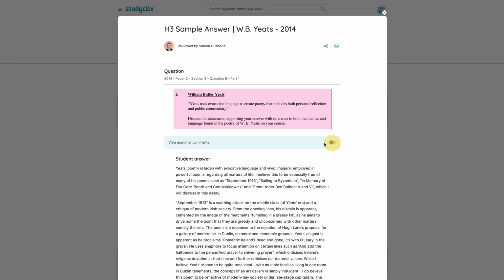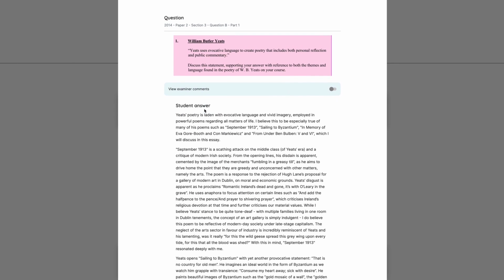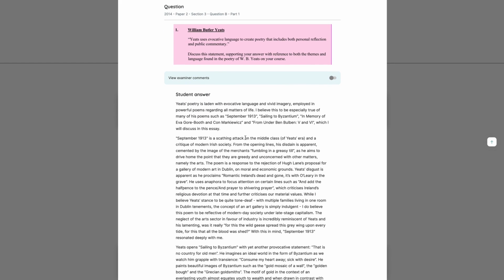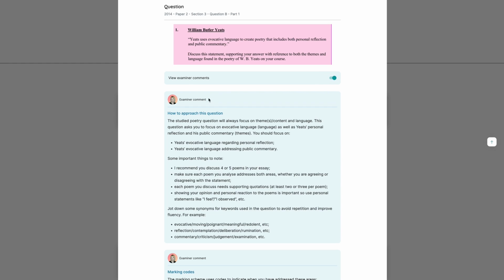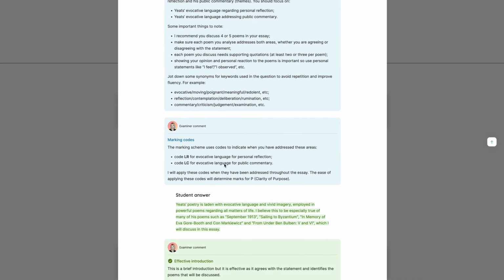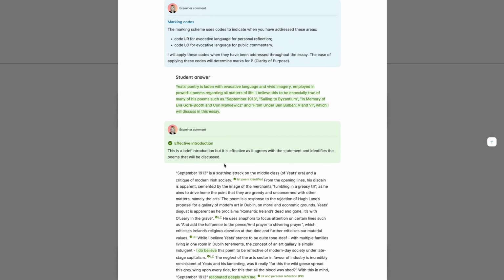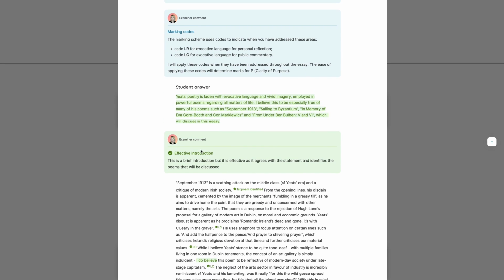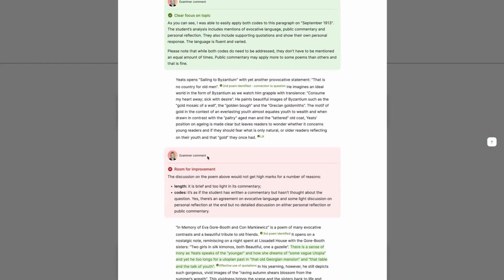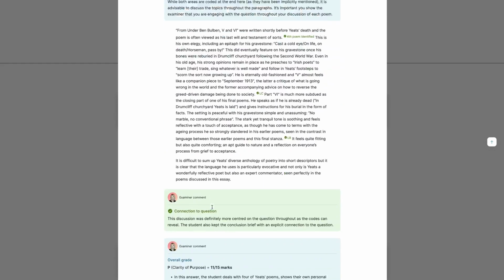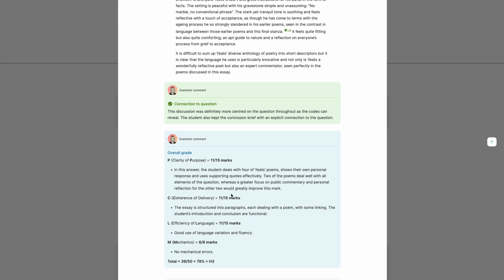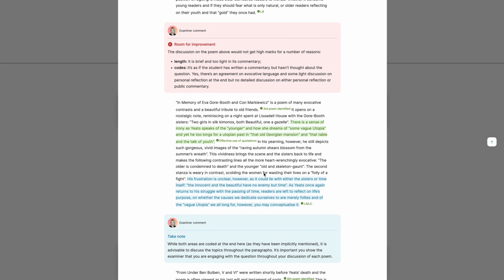This here is a sample answer to a W.B. Yeats question in poetry, and you can see the student answer here. But what's really helpful is you've also got examiner comments that talk through, from an examiner's perspective, this particular student answer. So they talk about, for example, how it's marked, that it's got a good introduction, that there's room for improvement in certain areas, and then they go on to actually grade this particular answer and give it, in this case, a H3. So these examiner commented essays can be really helpful for you in your essay-based subjects,